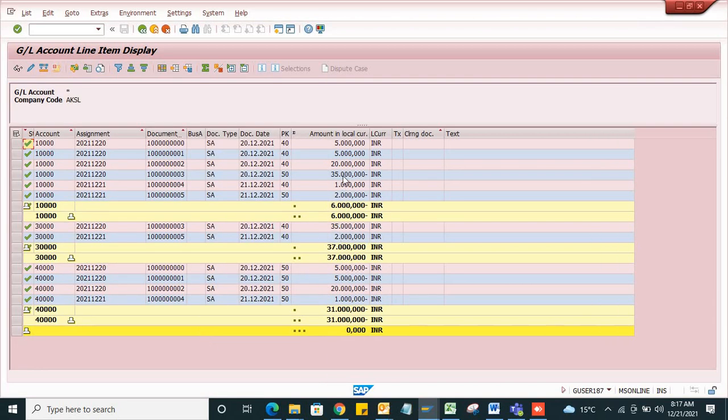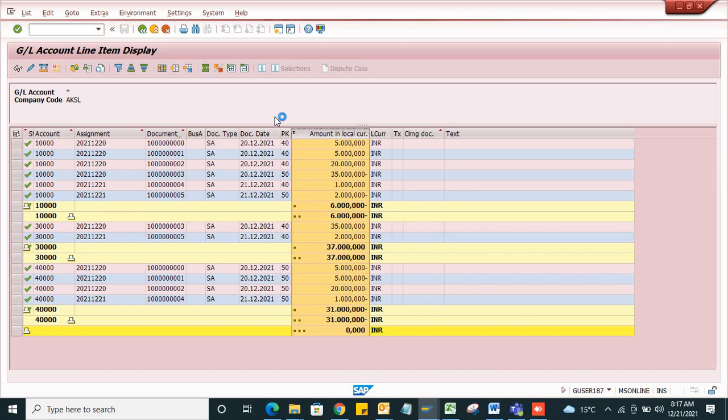Okay guys, what is happening here? Let me do the subtotal. Just wait a second, it is buffering.